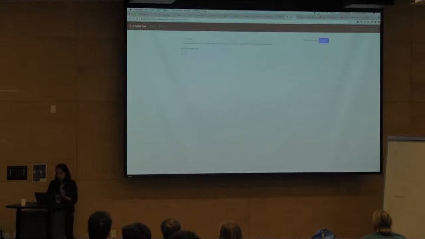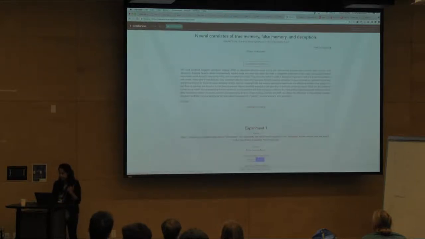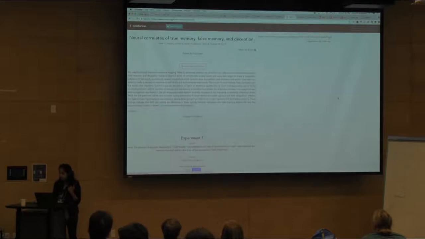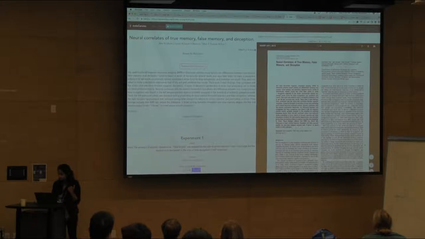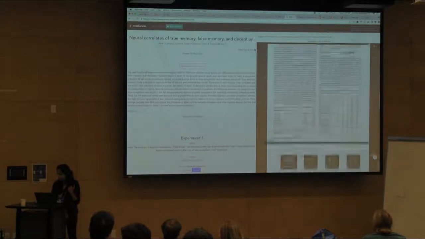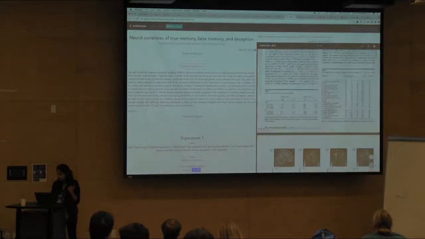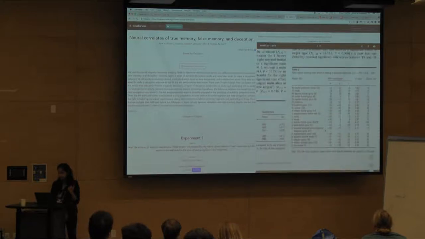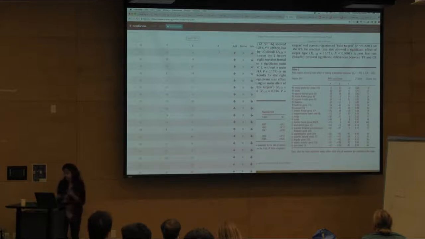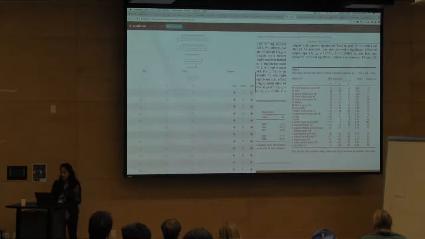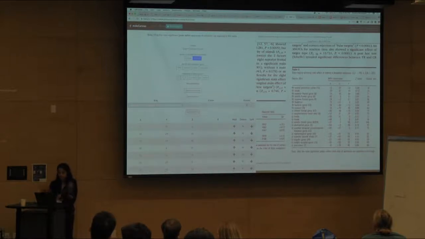So you can search for a topic, you can open a paper, and you can see the PDF on one side, hopefully. Cool. You can scroll down to the coordinate table that you want to annotate, and then you can do a side-by-side annotation of effect sizes in this example. But we're also adding more generalized annotation tools where you can just say any key value pair. So if I want to annotate scanner strength,